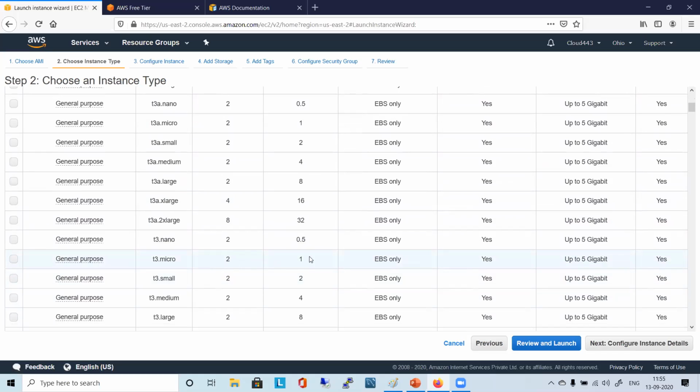So is there any specific difference in the vCPU and memory which is given to me by T2 Micro or any T2?